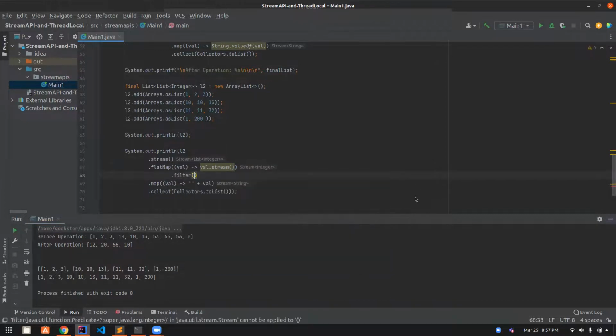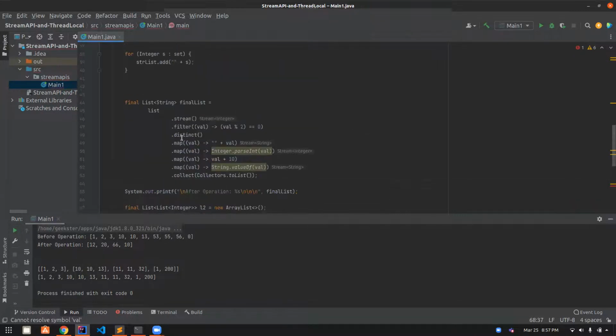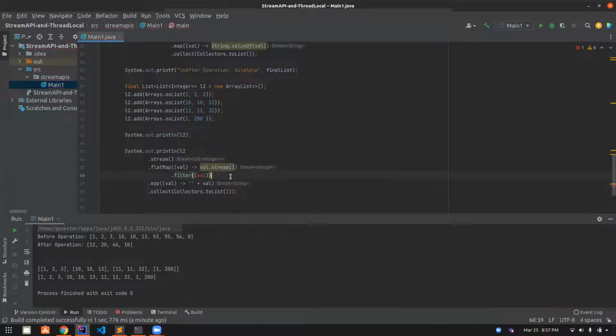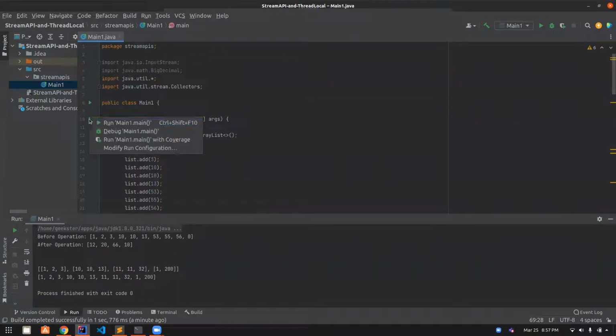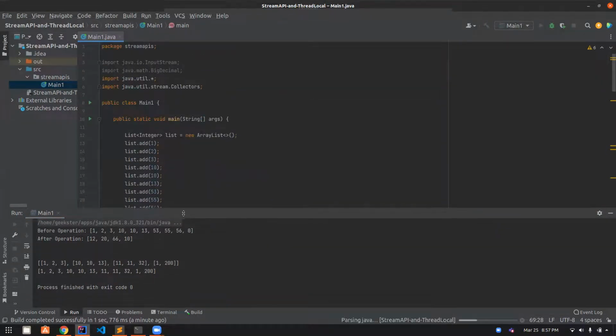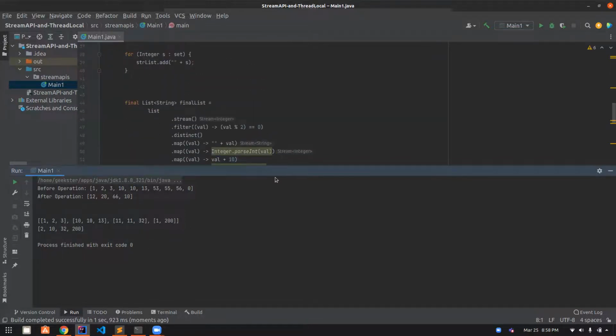You can say filter, and then you can basically say any value, whatever we have done here. So I'll just copy these two things. I'll do this, and you'll see the same output. You can see 2, 10, 32, and 200. Okay, that's it. So this completes our